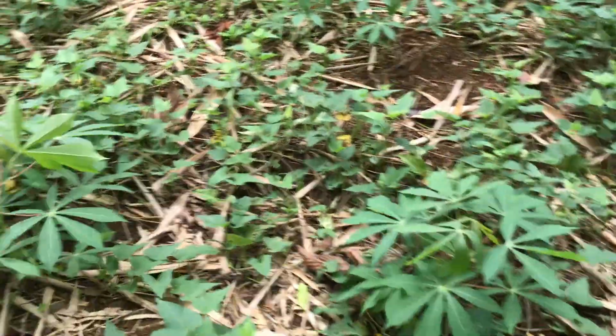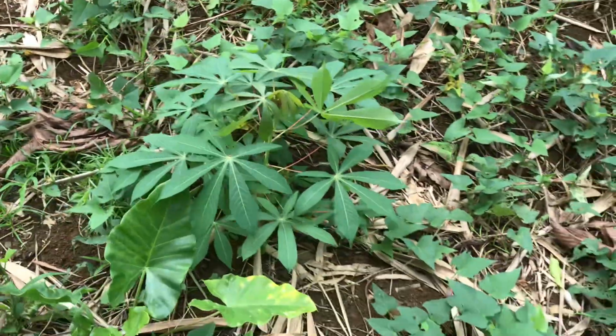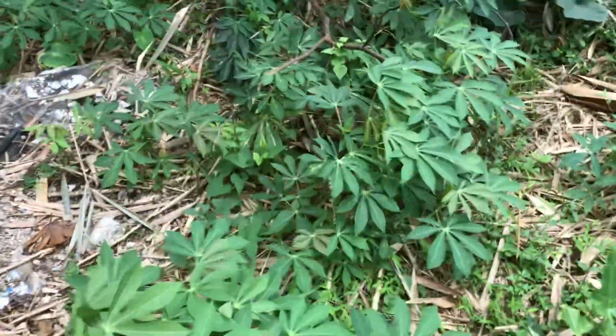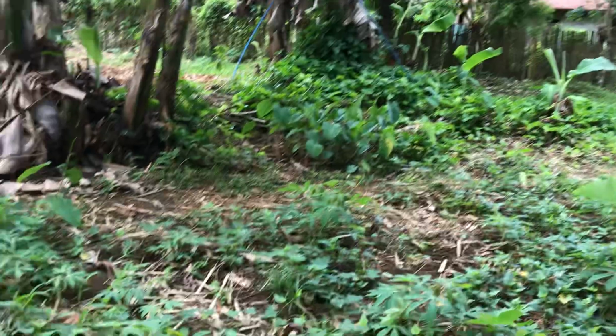See that same kind of plant is here, right here. This is that same kind of plant that grows and tastes like sweet potato. It's very delicious. There's another one right here. All these right here are like that. Papa's growing all that in this whole area. And then we have banana trees